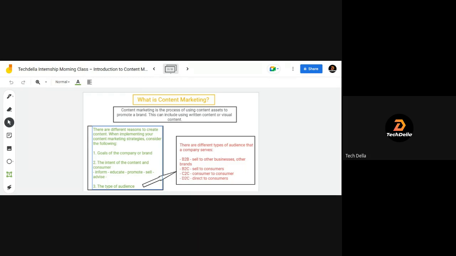All of these things matter when you're creating content, and you need to have all of this at the back of your mind when you're creating any type of content, whether blog content, graphics content, video content, any kind of content. Another type of audience is B2C, and this means business to consumers. These businesses sell directly to consumers,